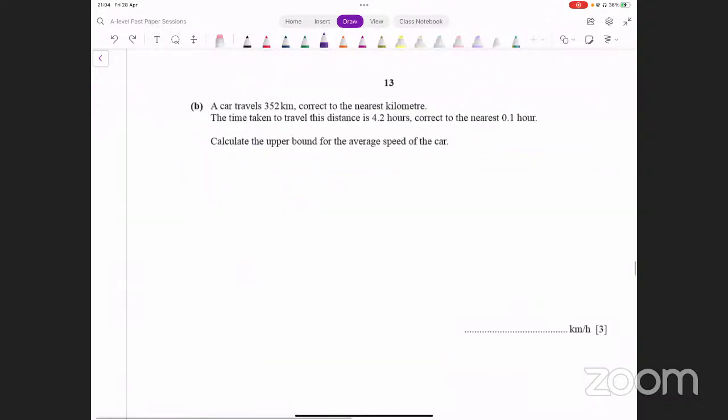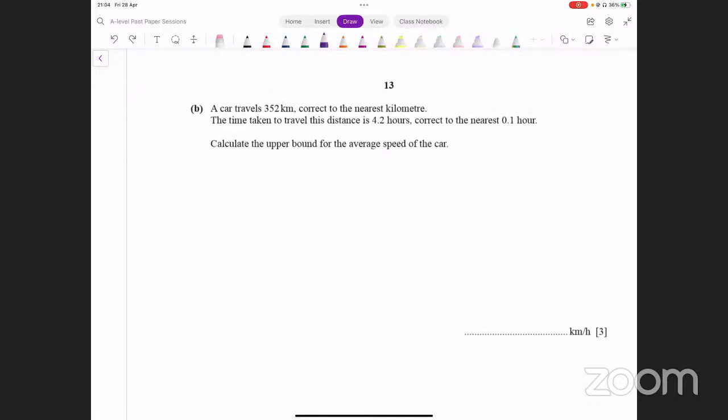7B. A car travels 252 kilometers correct to the nearest kilometer. Okay, nearest kilometer. The time taken to travel this distance is 4.2 hours, correct to the nearest 0.1 hour. Calculate the upper bound for the average speed of the car. अच्छा, now distance है nearest kilometer के ऊपर, इसका मतलब क्या,